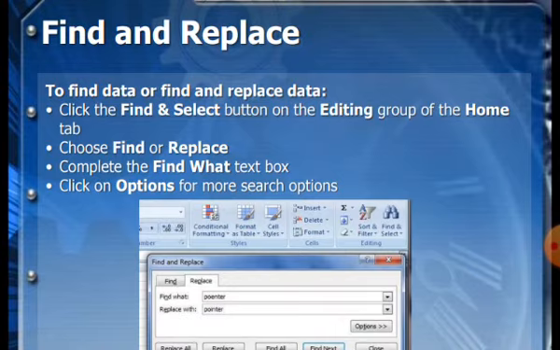So this is how you can find and replace the data. On the screen there is a find and replace window. You have to enter what you want to find and then the text to which it is replaced. Then press replace all or the replace option. So it will replace all or a certain or one existence. Now move forward.